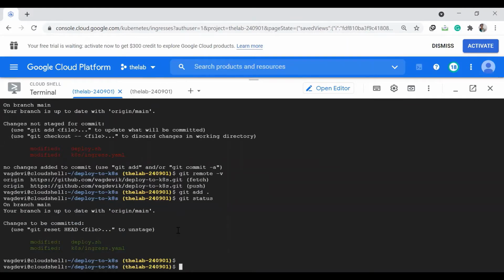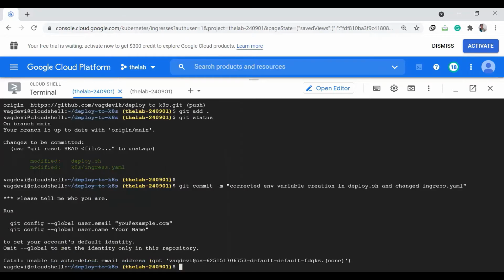Then git commit -m "removed or corrected environment variable creation in deploy.sh and changed ingress". Okay, so it's telling, please tell me who you are.